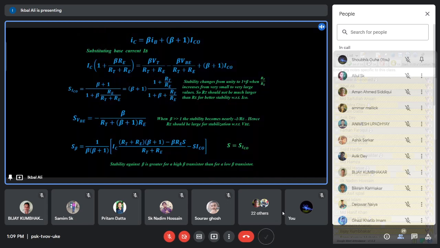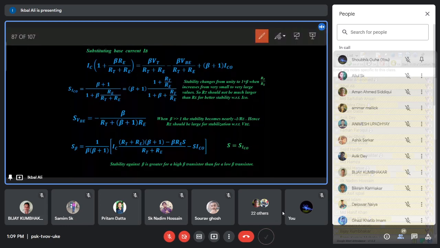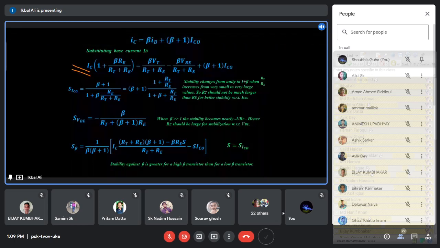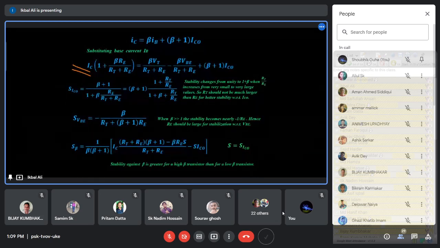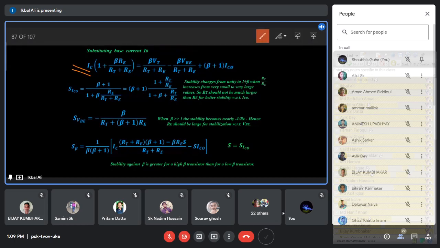The algebra will be a little bit complicated. You have to be careful, but it is just simple algebra that you can set the collector current like this. I am not going into the detail, but you can definitely do this one. This is not very complicated. After you substitute the base current that we calculated, then this will be your equation. So ultimately after substitution, you will get this collector current equation. Though it looks very complicated, don't bother about that.